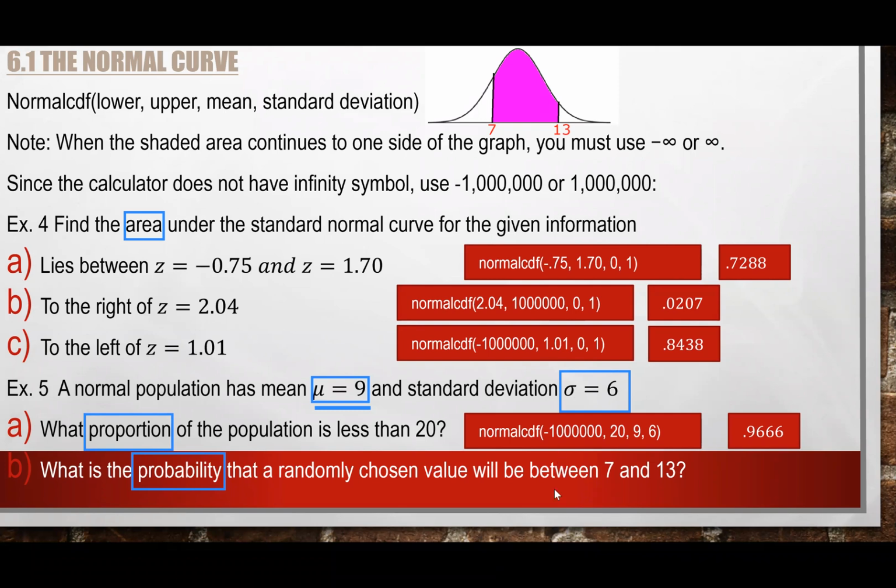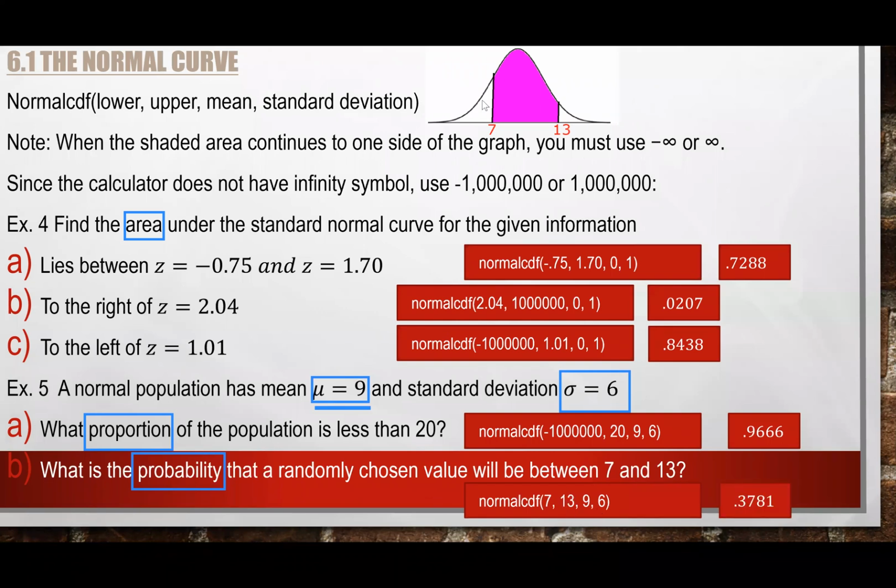There's no sugarcoat in between, right? So this is what we have. We're looking for the area in between. And again, we know that my lower limit will be 7, my upper limit will be 13. My mean is 9, and my standard deviation is 6. If I type it in, this is what we have,